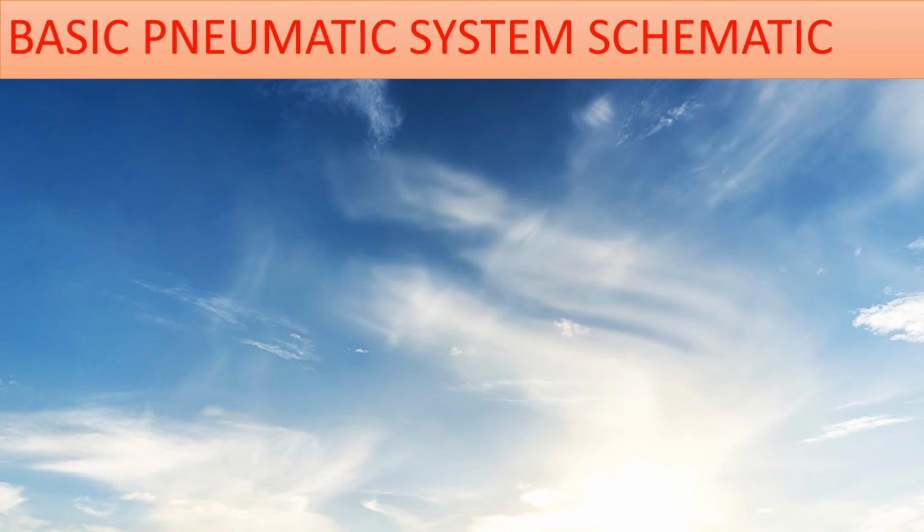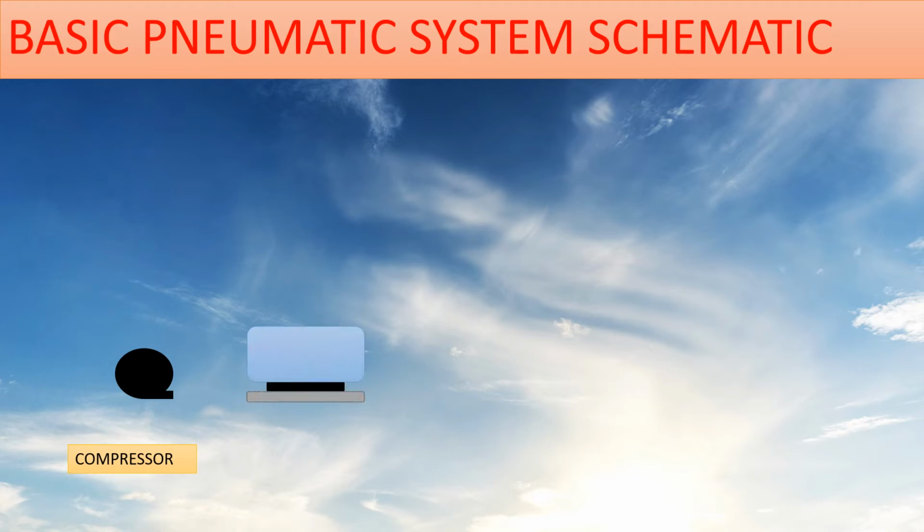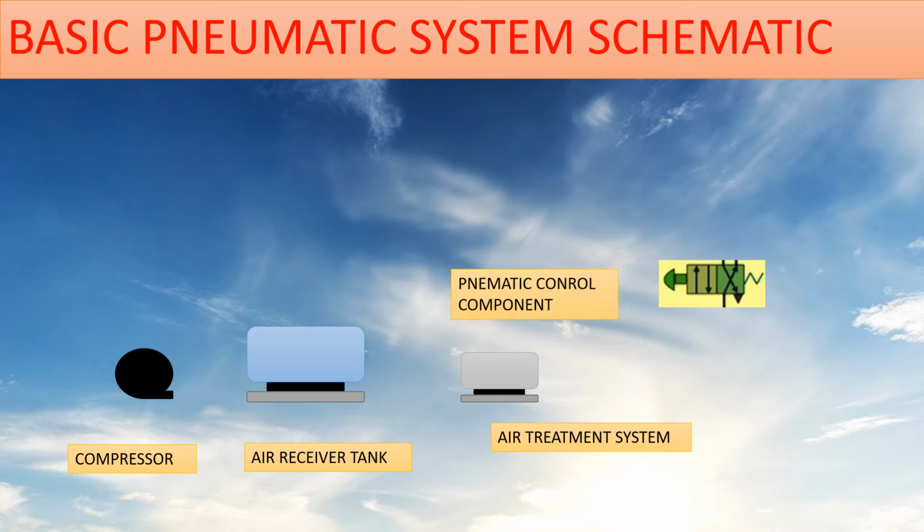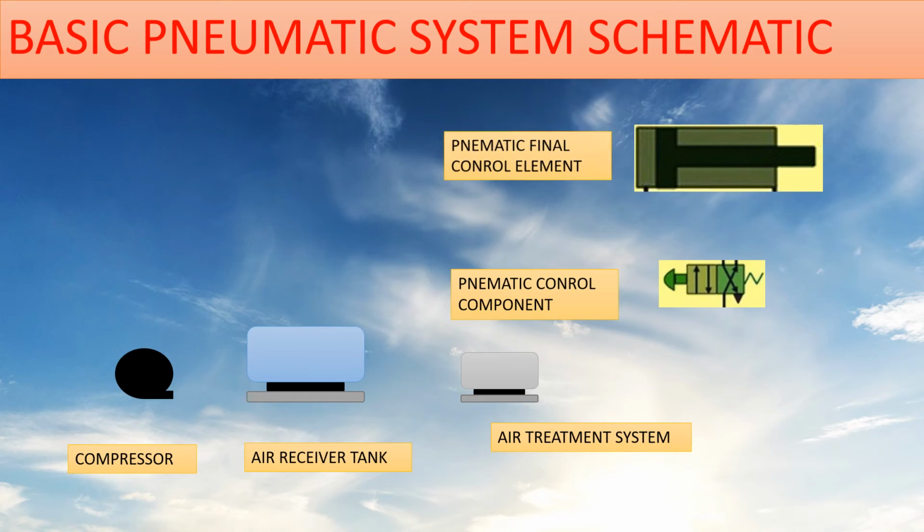So what is the basic schematic of any pneumatic system? Here we'll understand how all the major systems are connected or interconnected to each other. The first component is the compressor, the second is the air receiver tank, the third is the air treatment system, the fourth is the pneumatic control component, and the final but most important one is the pneumatic final